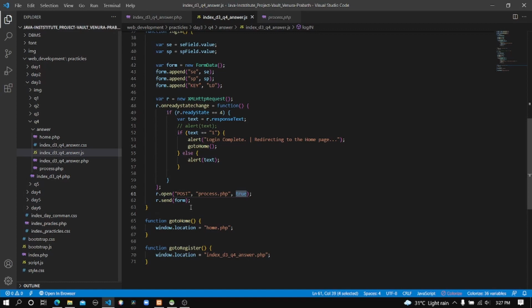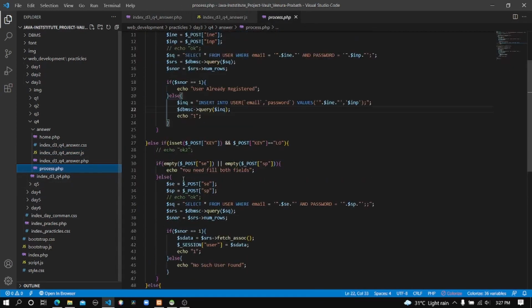After that I added another method called send, and when this line is executed, the request will be sent to the process.php file in post method, and when the request is sending, it will take the form object and the details we appended to that form object to this specific process.php file. You can see I append the form object to the sender request.